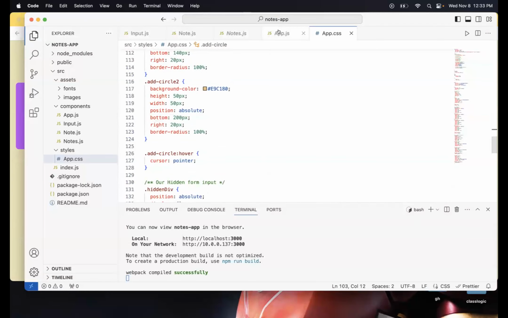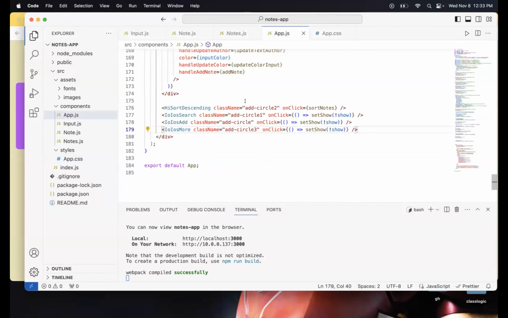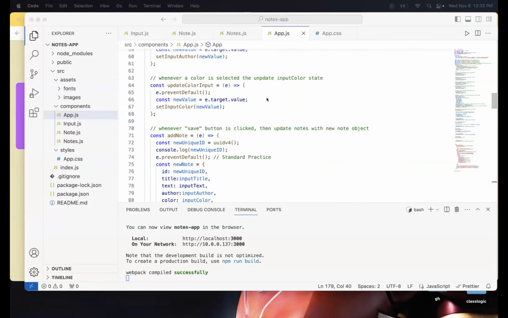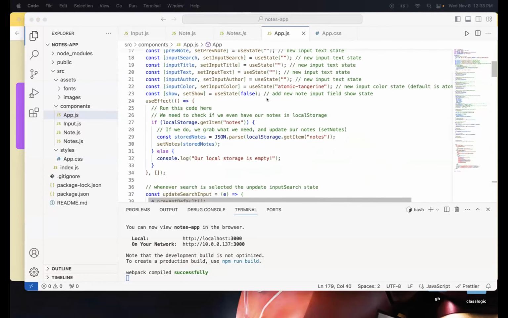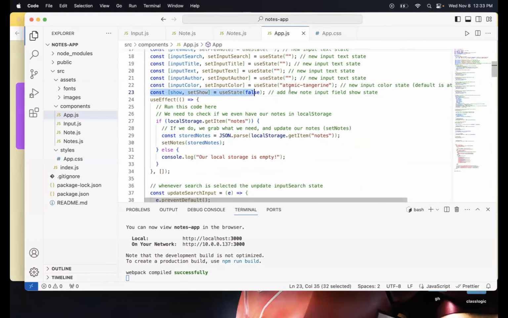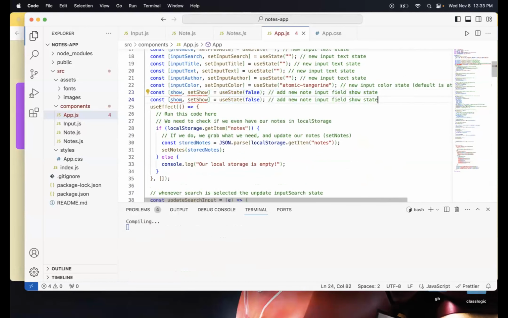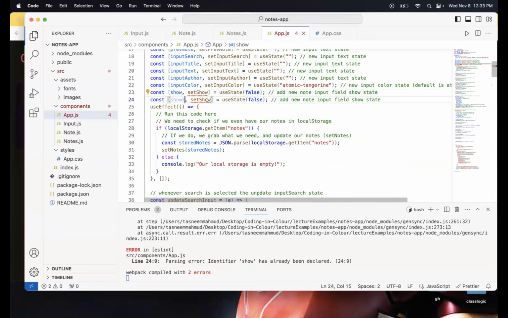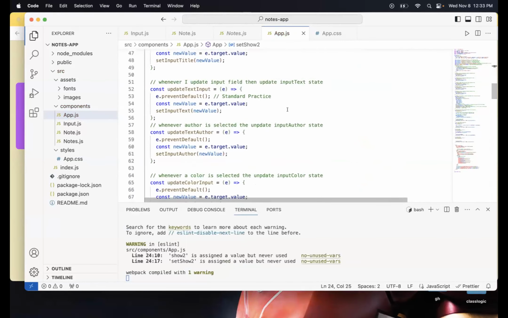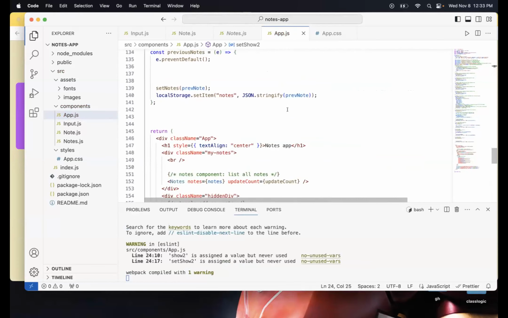So I will go back to app.js and let me create another one for set show, like another instance or another variable. So I'm going to copy this. I'm going to set this as set show 2 and this is set show 2. So that's false right now.